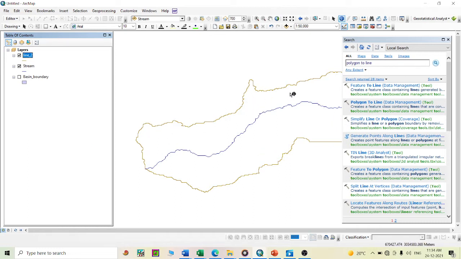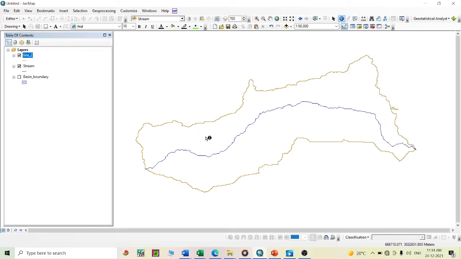After that, for dividing the basin area, we need to merge all things, that means the basin boundary and river shape.